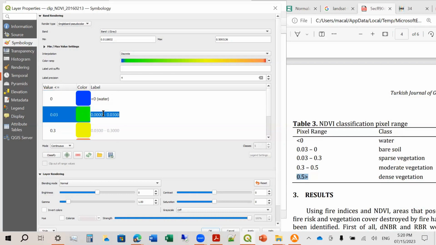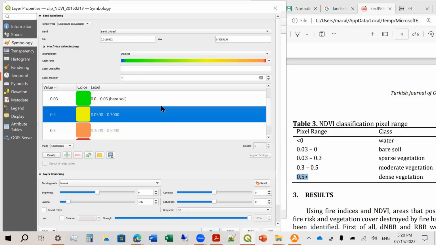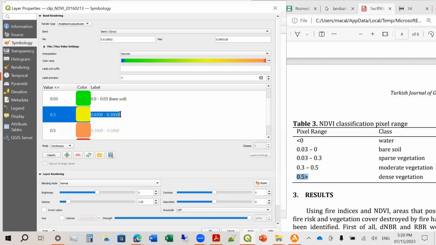Then 0 to 0.03 is bare soil. And then this is 0.03 to 0.3, sparse vegetation. And then this one is 0.3 to 0.5, moderate vegetation.